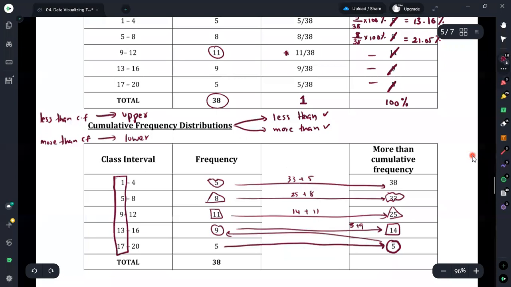Okay. Now today in this session we have discussed the tabulating methods that we can use for numerical data, and this is all I need to discuss for this session. Thank you all for participating.